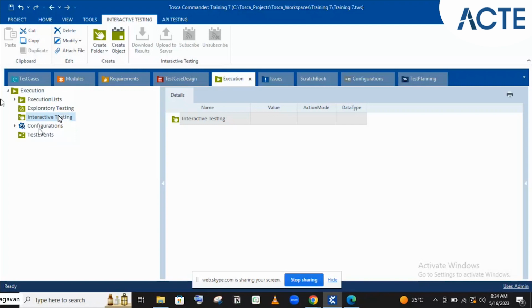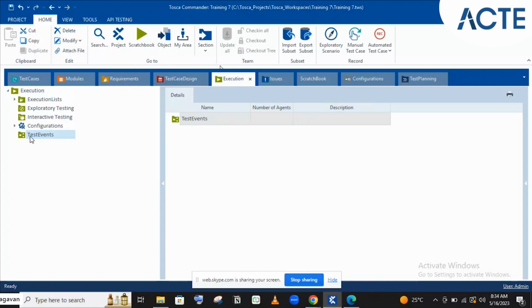And test events and configuration. So this configurations thing is related to this test events. So test events means, here in Tosca, there is one functionality called distributed test execution, which means if you are working in a multi-user environment, at that time you will have access to all the projects in the repository, right? So if you are working in the multi-user environment, we can use that functionality, distributed test execution,